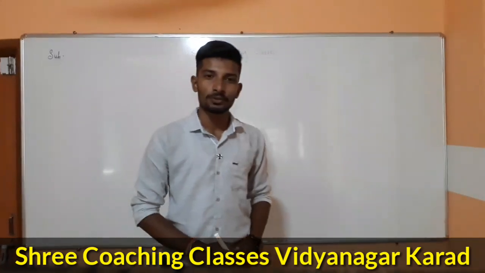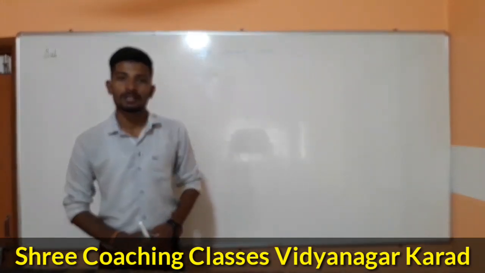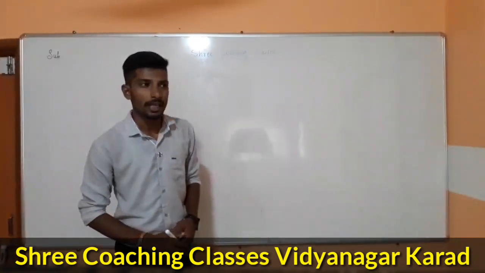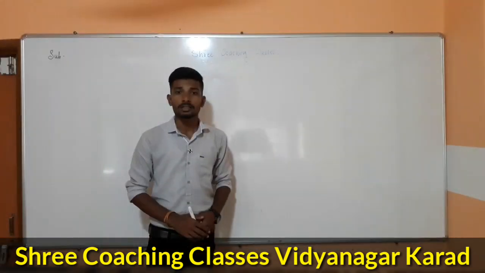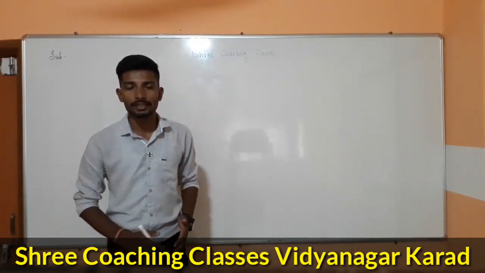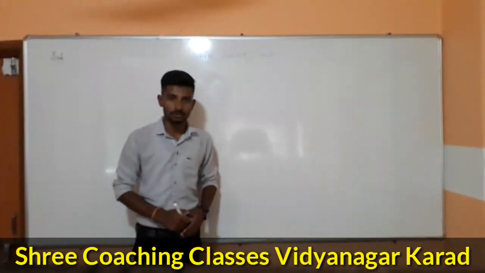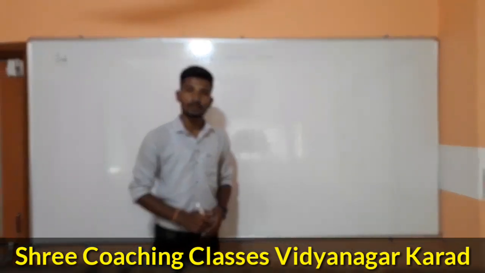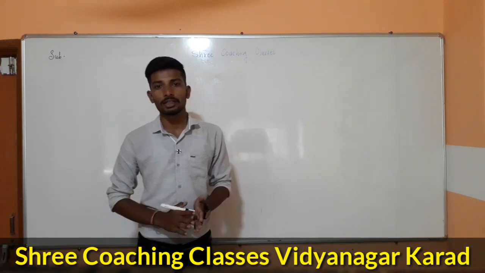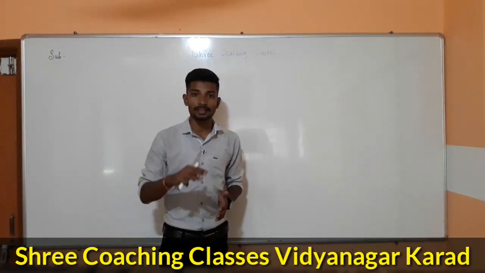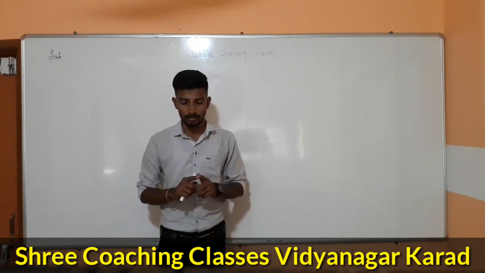Everyone, today we are going to start a new topic in maths. Yesterday we learned the topic of angles, and the next part of angles is triangles. Okay, so what were angles? When we join two lines, an angle is formed. Now, when we join three lines, we form a triangle.